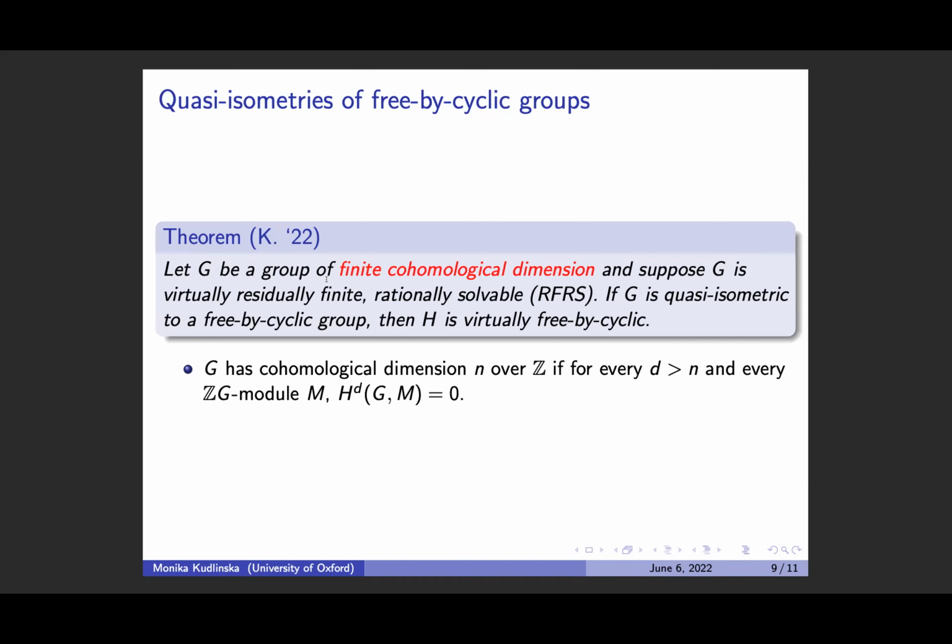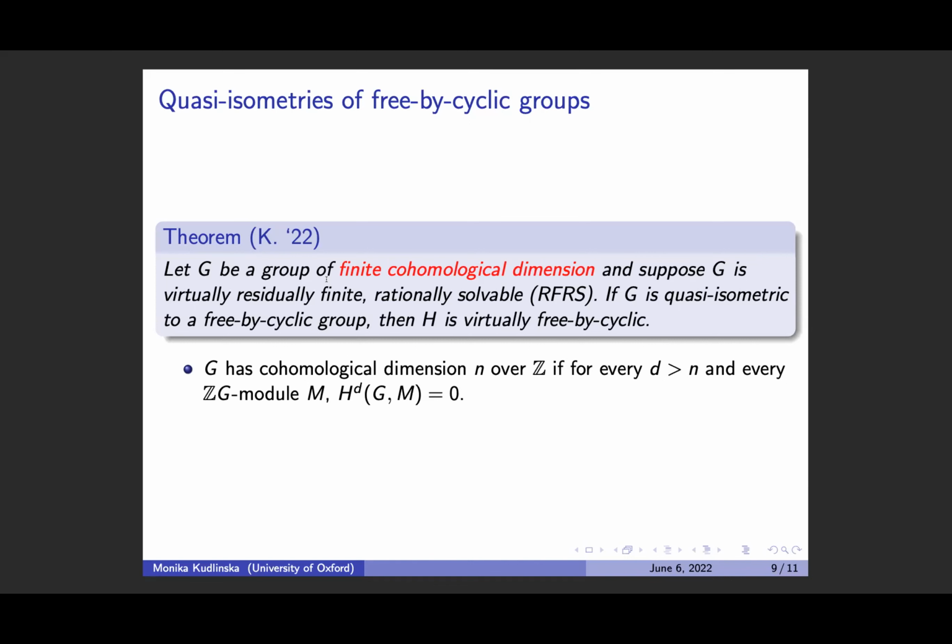but of course, quasi-isometries don't distinguish between finite groups. So all finite groups are quasi-isometric to the trivial group. So this geometric way of studying groups kind of falls apart if you care about finite groups. But thankfully we're talking about infinite groups. Okay, so this is cohomological dimension. It's not such a restrictive condition.